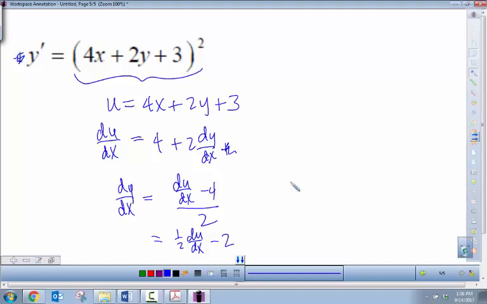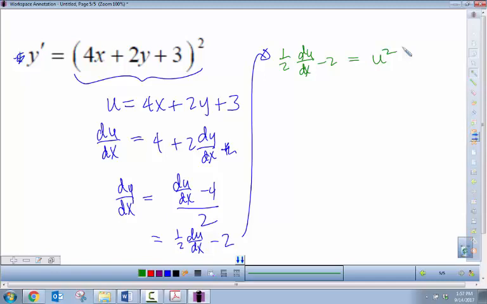I don't know if that's easier. In any case, we'll do the substitution back. We'll replace this dy/dx with this whole 1/2 du/dx minus 2 is equal to, all the y's are gone,